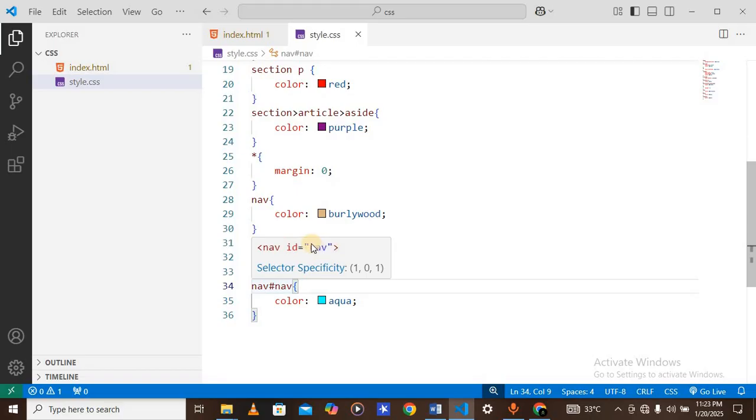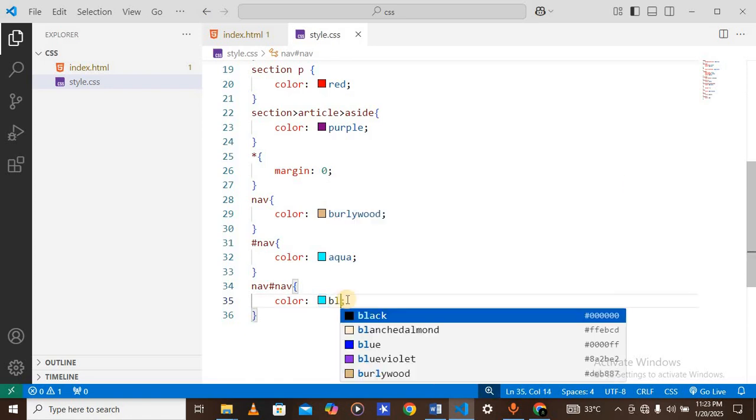If it has this, it will look for all the nav elements, then start looking for all the IDs. But if you write an element with the ID of nav, it will search all the elements and look for the ID of nav and find it. So that's that. So if I change the styling of this and change it to blue,